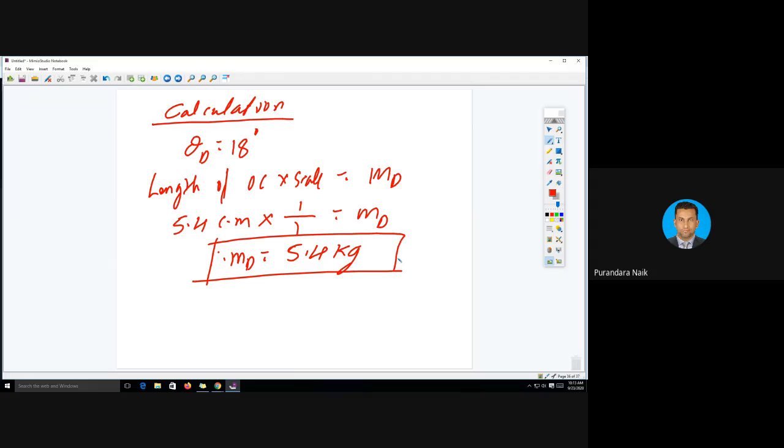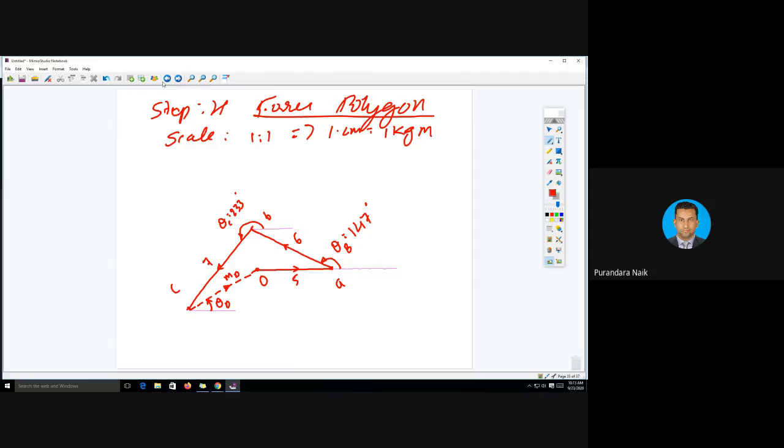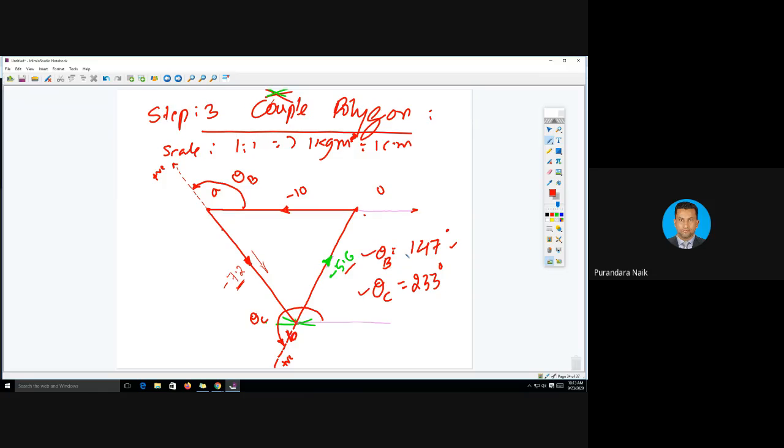So we have found the unknown mass and the angular position of that particular mass. We have found the angular position of B, C; A we have taken as 0. Remember, in the couple polygon, you can mark the point B on the upper side as well as on the bottom side. Why have we considered the bottom side? Because it is positive. Sorry, negative. That's why we have taken it in the bottom direction. Thank you.